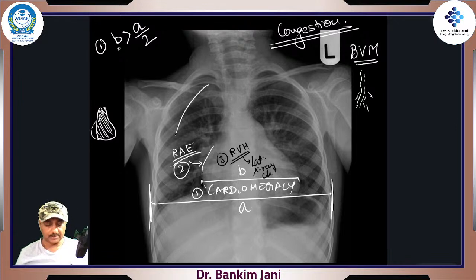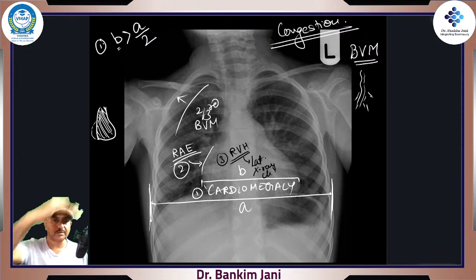Normally you see this much, up to the inner two-thirds, you see the BVMs, bronchovascular markings. While in this case, you'll find that the right atrial enlargement and right ventricular dilatation have pushed the bronchovascular markings almost to the end. To appreciate this,